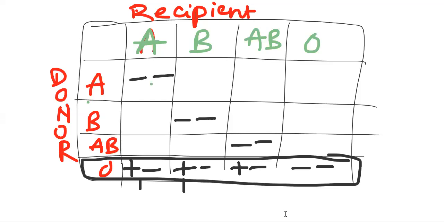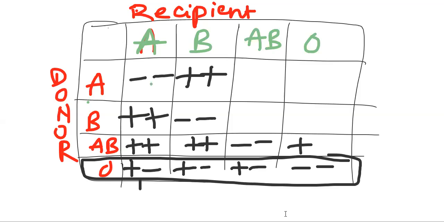In which cases is it dangerous? When A is given to B, full risk, heavy agglutination. When B is given to A, heavy risk. Then when AB is given to A or to B, since AB is the universal recipient, not the donor, we can say heavy agglutination. So from the previous class, I am filling the table. When A is given to AB as the universal recipient, we said a little risk it can accept.